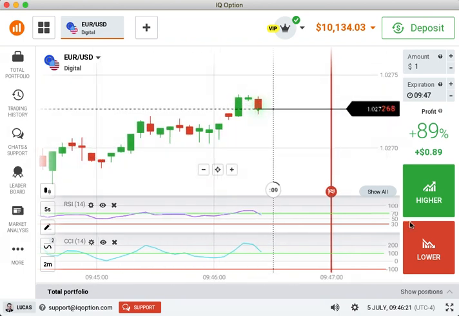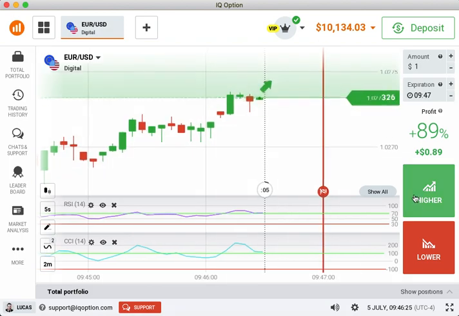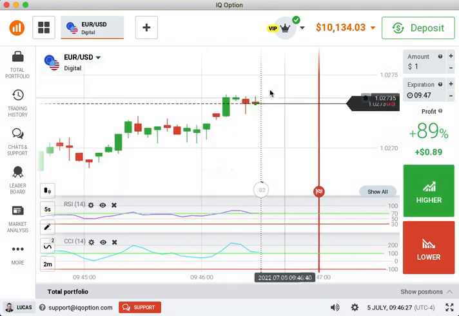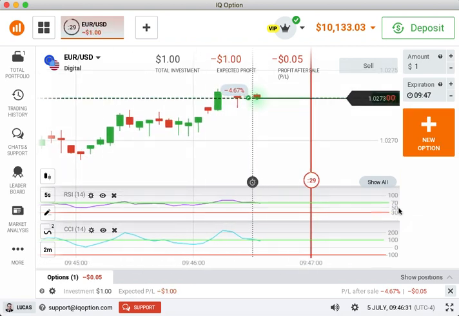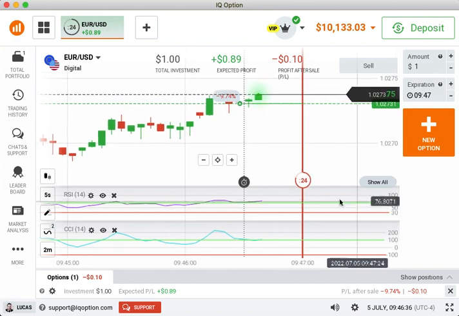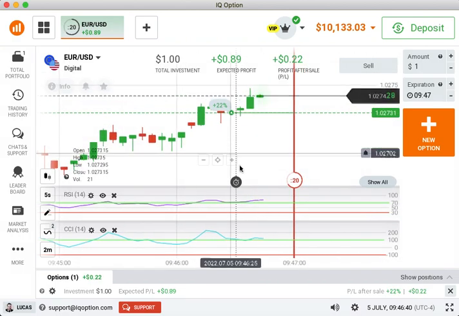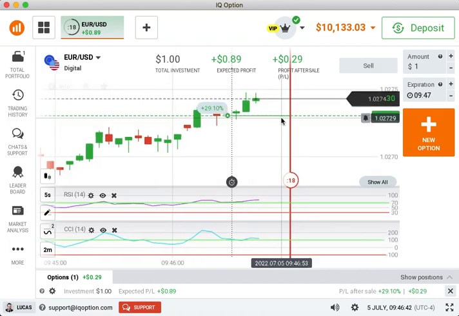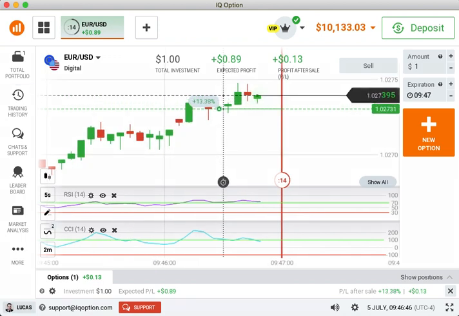So you watch the trading method, you check it out, you see how good it is, and then you see if it's for you, if it's not for you, right? So we buy for $1. RSI up, CCI up, above the 50%, above the 0. Above the midway is up, under the midway is down. Simple. Both of them are above the midway, so I buy. You wait for the last 5 seconds to buy or sell, right?